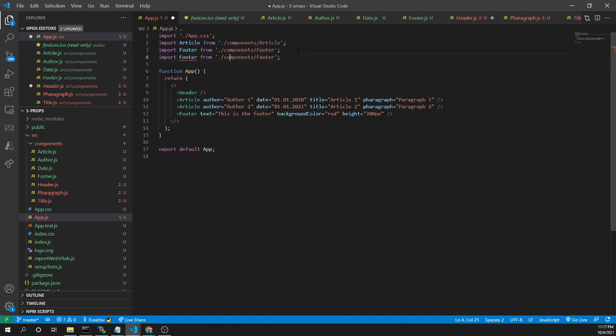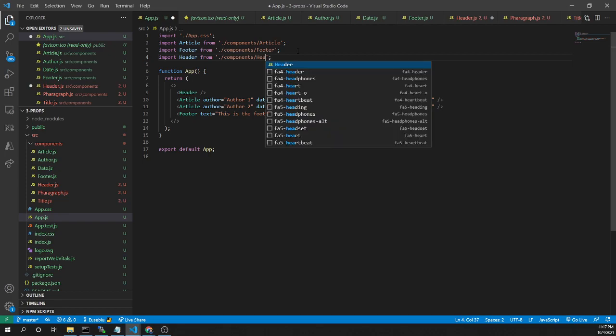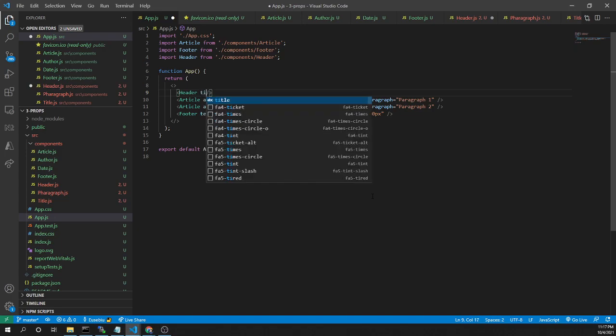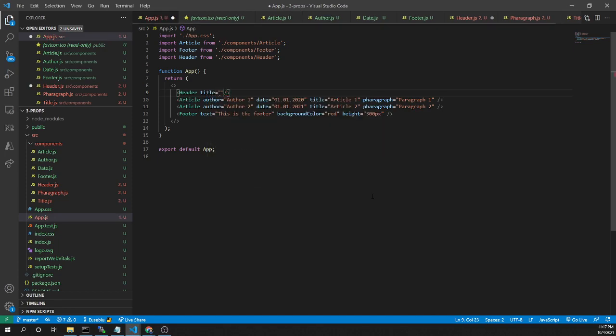So I need to have import header from components header, and in the header component, let's send two properties. Let's send the title, my blog, for example, and let's send a menu, and the menu will be a list of menus.